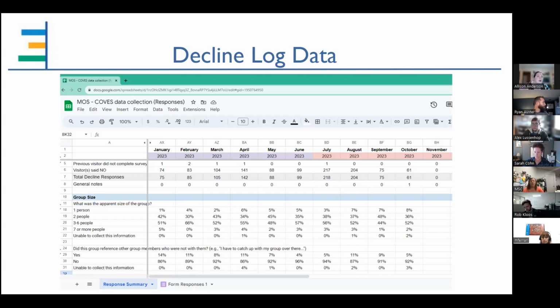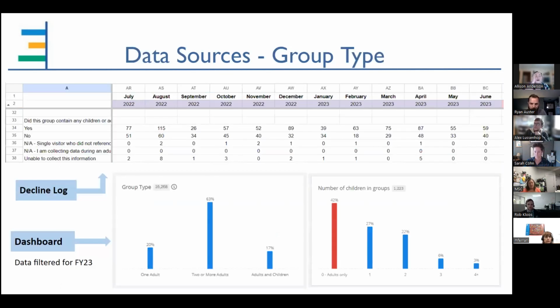So I'm going to walk through some of the questions that we have had with the data at MOS, how I pulled the data, what we saw, and all of this is looking at our previous fiscal year. Any questions so far before I jump into that piece? Great. So to start, we wanted to look at our visitor group types and check against some perceptions that we have